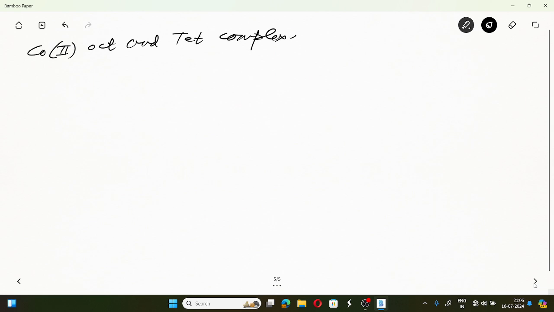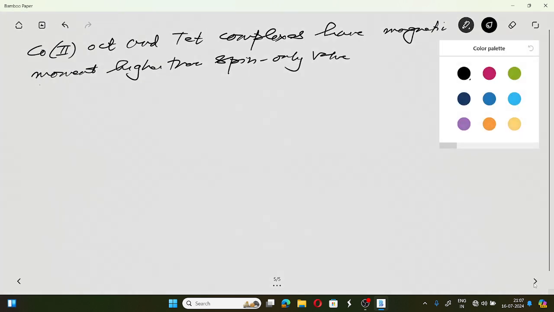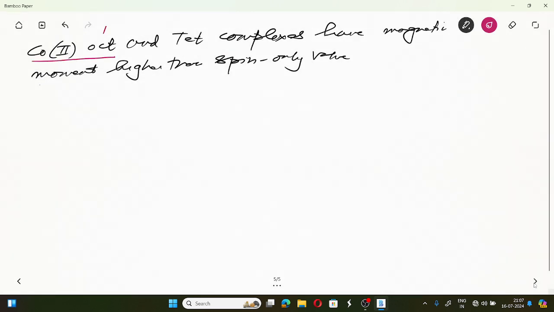Cobalt 2 octahedral and tetrahedral complexes have magnetic moment higher than spin only value. আচ্ছা, এখানেও অফকোর্স ইউ হ্যাভ টু মেনশন কোবাল্ট টু অক্টাহেড্রাল হাই স্পিন কোবাল্ট টু অক্টাহেড্রাল।